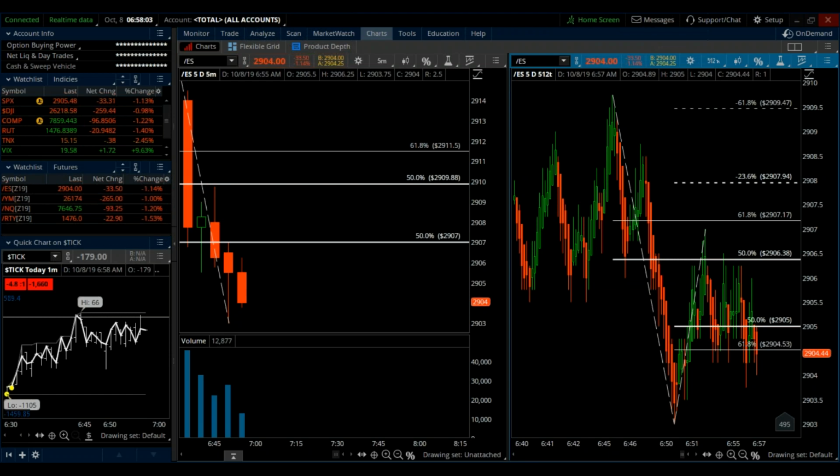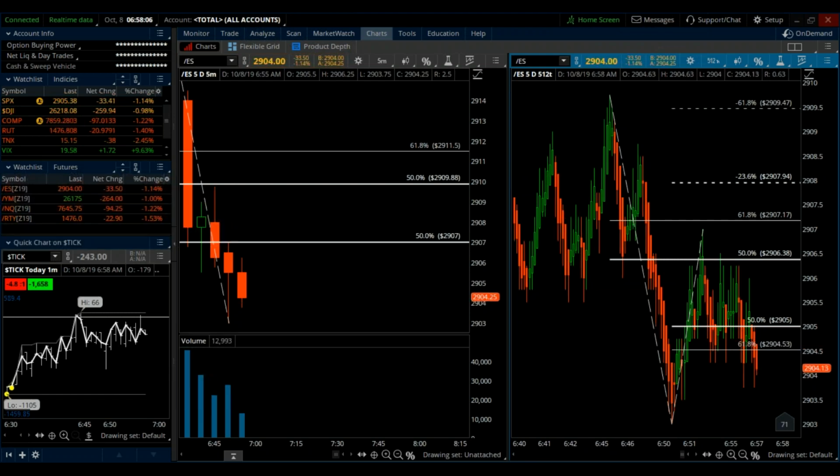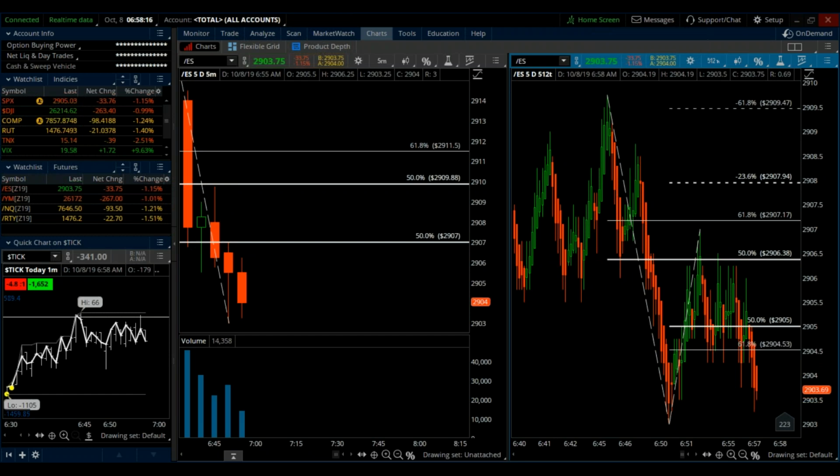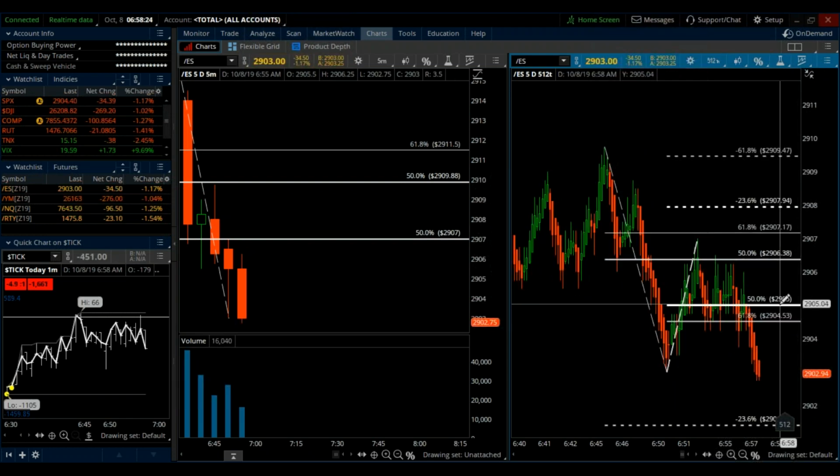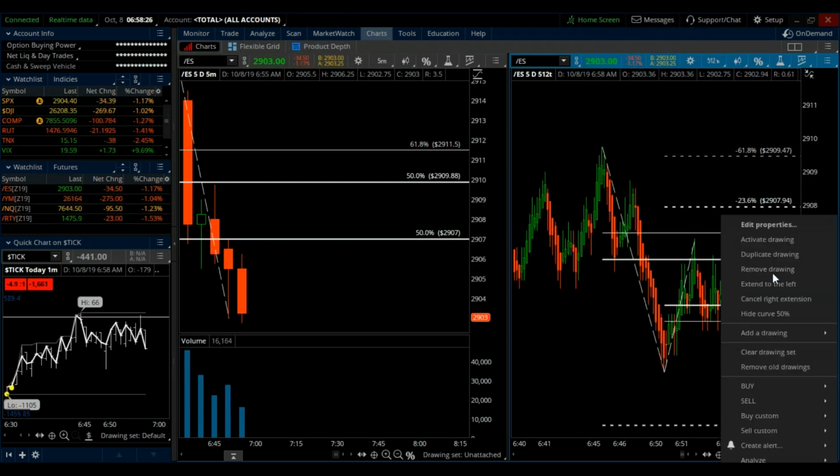The hardest part about ES trading is the start of the trade. Once you can get away from your entry and get a first target hit, then managing the trade becomes pretty easy, in terms of there's a structure to follow. You've already got profit locked in. So now that that's occurred,